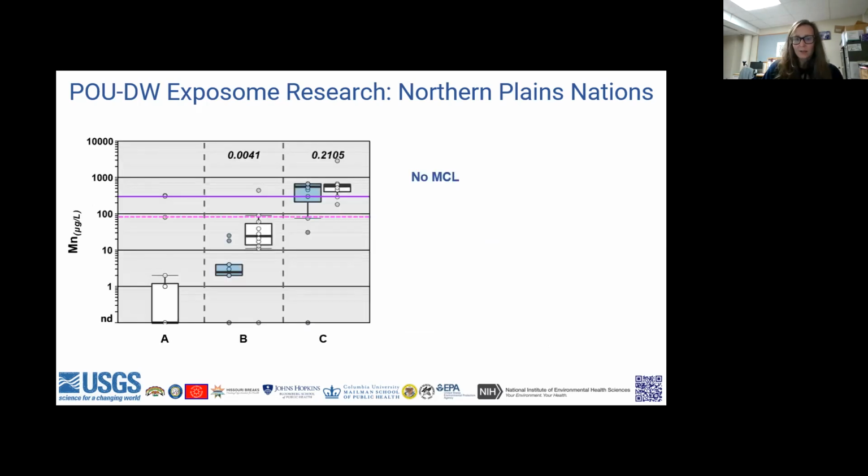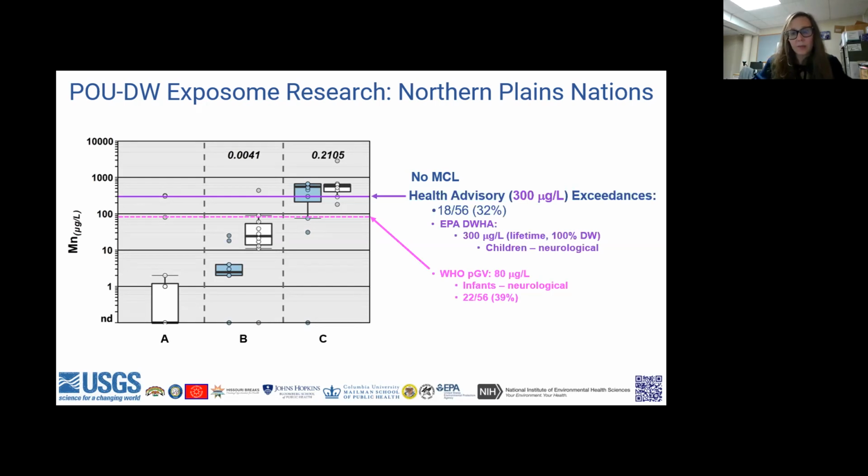Manganese does not have an MCL, but it does have a health advisory, and EPA does have a drinking water health advisory. It's a lifetime advisory. It's mainly for children and has to do with neurological issues. But you can see that quite a bit of our samples exceeded that 300. But the World Health Organization has a provisional guidance value that's dropped all the way down to 80. This is for neurological effects for infants. And in this case, about 22 of our samples, so about 39%,